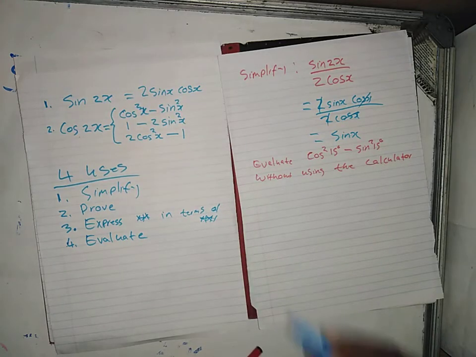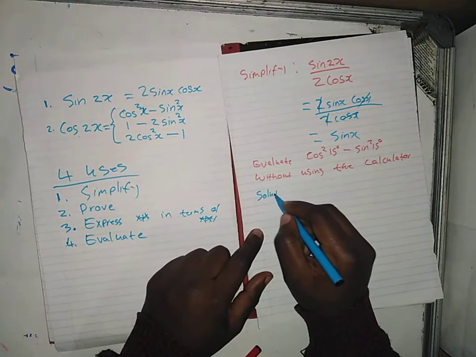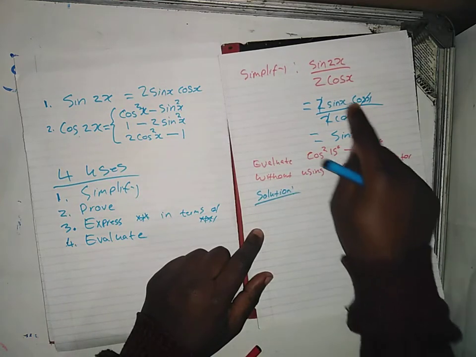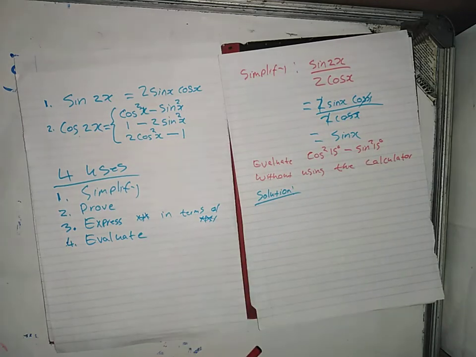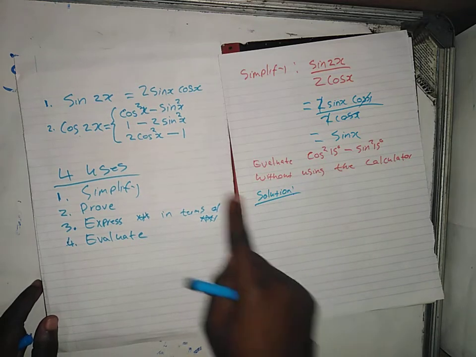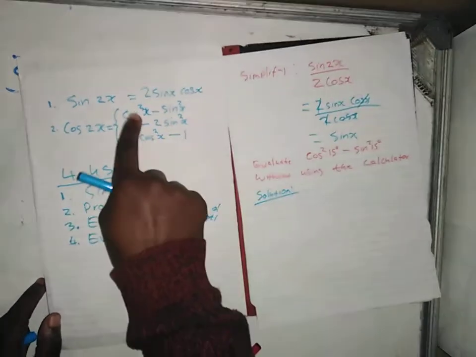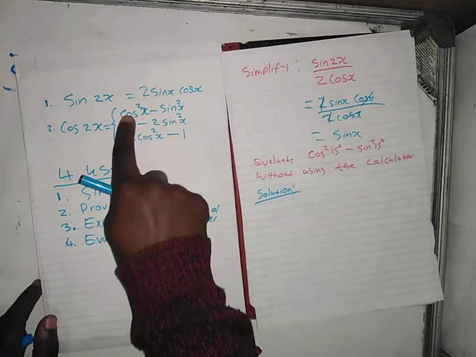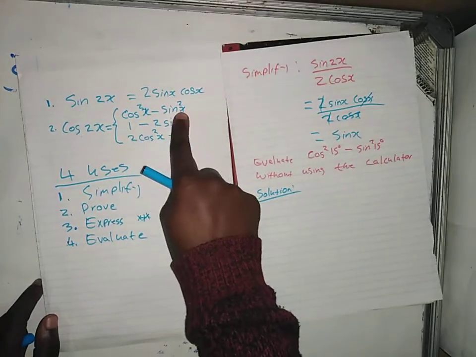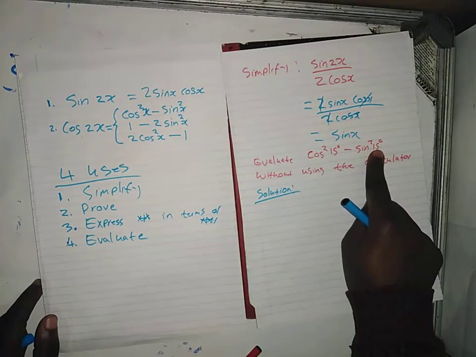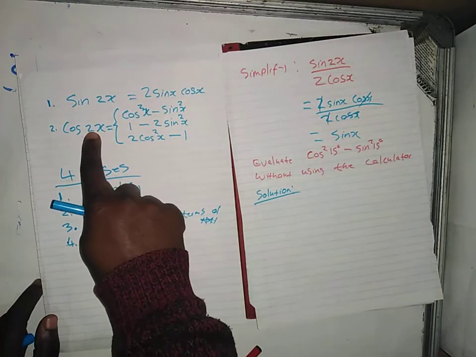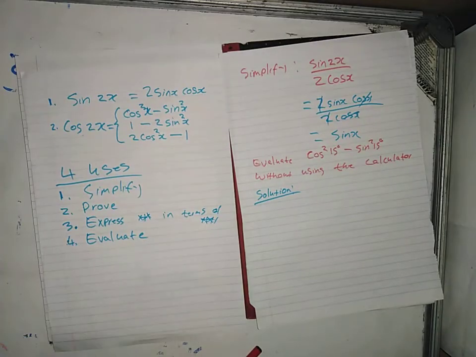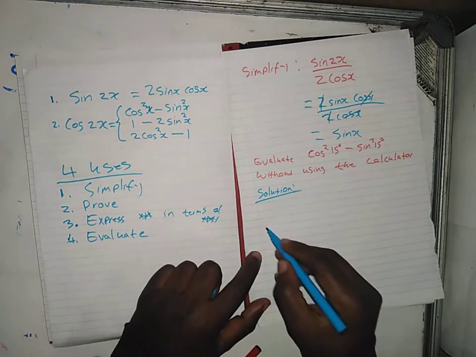Now you look at what you are given, and it looks like something that has to do with what? With a double angle. And what is that thing? It's not this one, it's not this one, it's exactly this. I've got cos squared of something minus sine squared of something, and they say that this is equal to cos 2x. Oh, okay, so because of the double angle formulas, then I know that